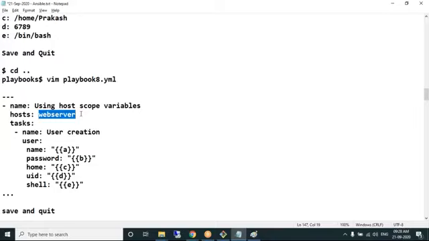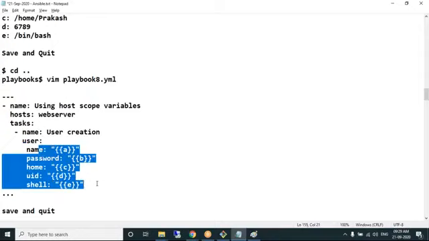That means this particular playbook will run only on that particular group. Like how with the Ansible command you make sure it runs on a particular group, not all the machines, in the same way you can create a playbook and run it on a group. Till last session we were using hosts all; instead of all, I'm using web server. The task is creating a user, using the user module, name, password, home directory, user shell, and these variables I'm mentioning, with values. Where did I mention them? In this file.